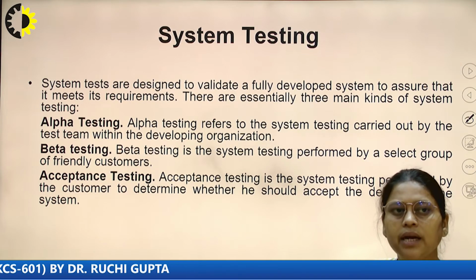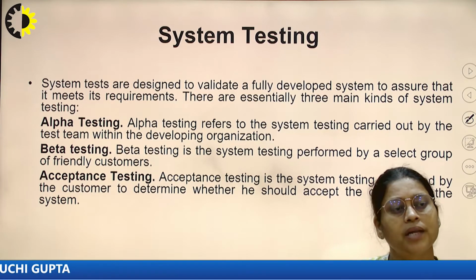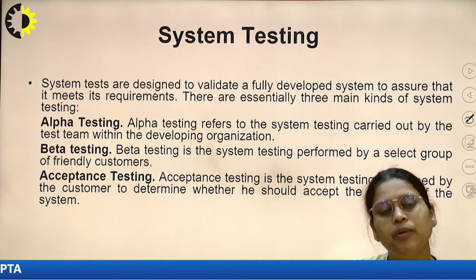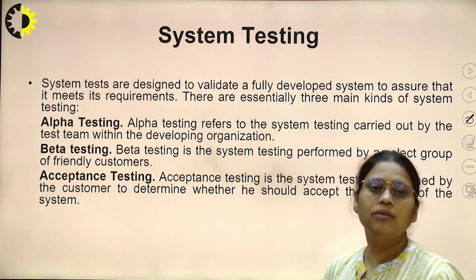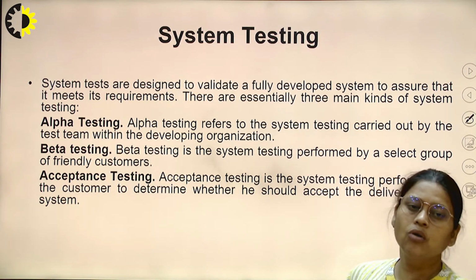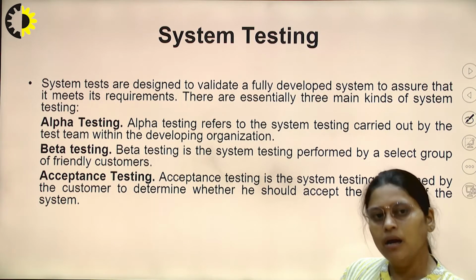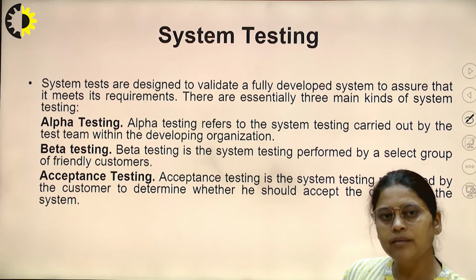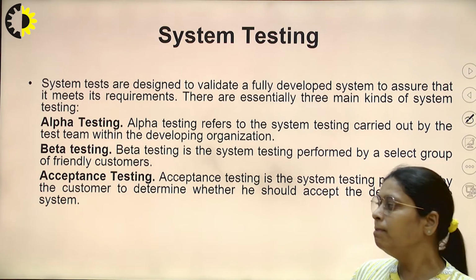Alpha testing refers to the system testing that is carried out by the test team within the developing organization. So, alpha testing is done once we have tested the whole software. Now, we test this software in the organizational environment, and if it works correctly, then we will